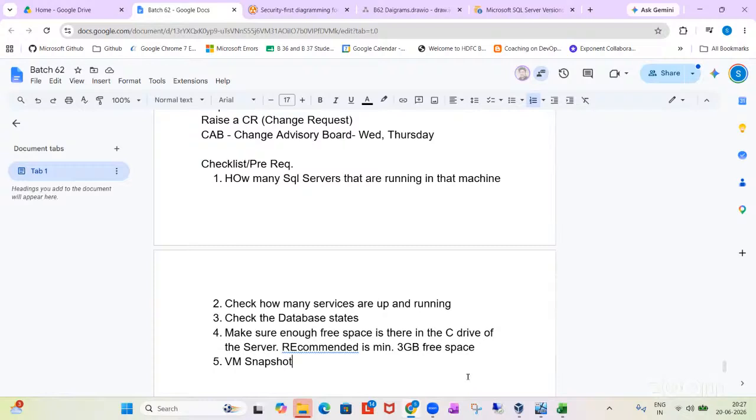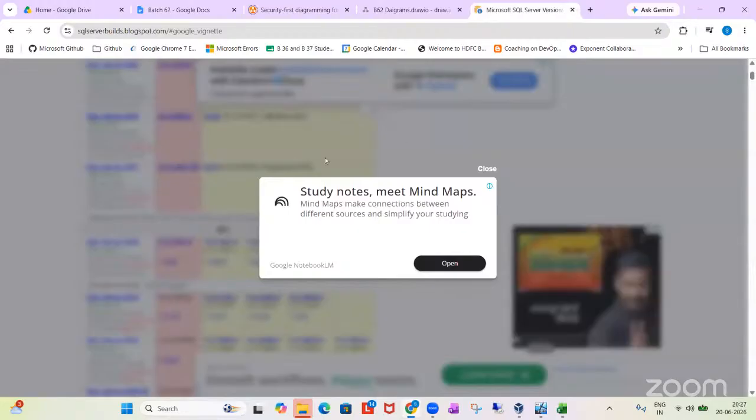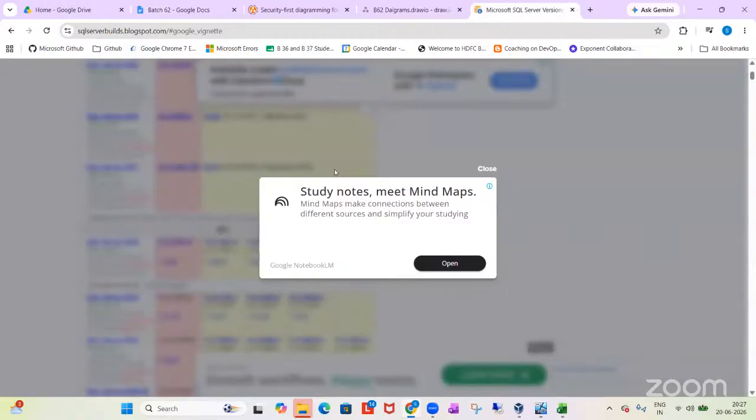So now, Saturday 10 a.m., how will you initiate patching? I'll tell you after the break, guys. Okay. So before going to the break, let's download the patch file first. How to download a patch file? You can use this website as a reference,